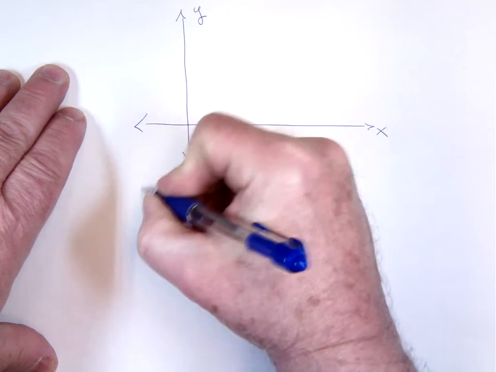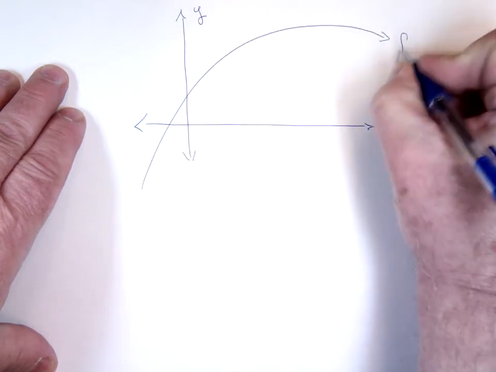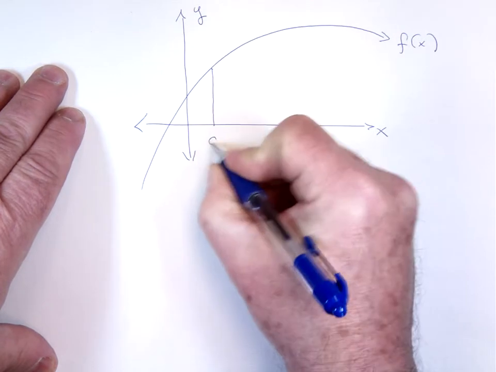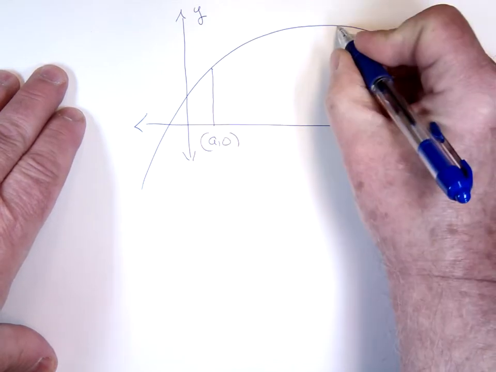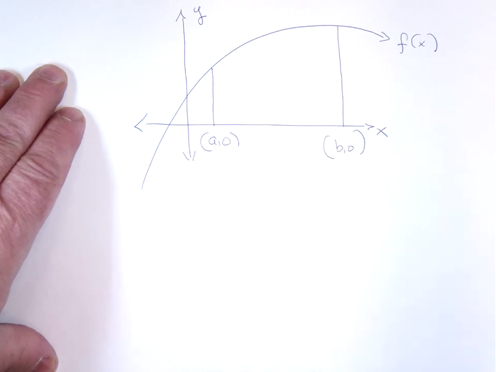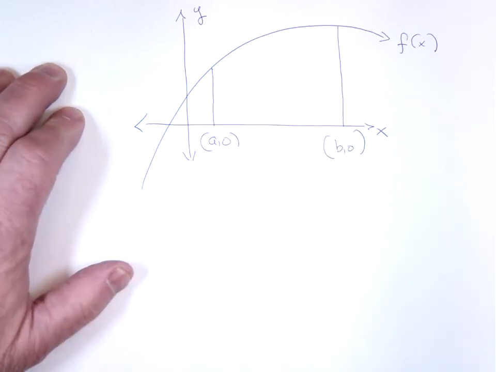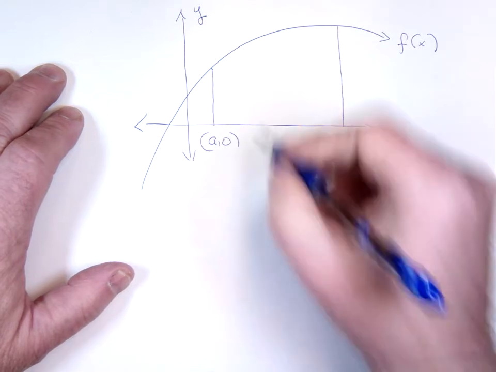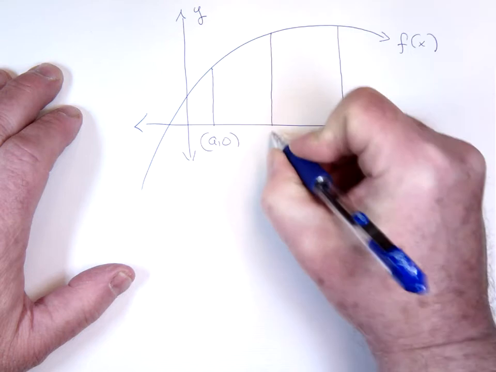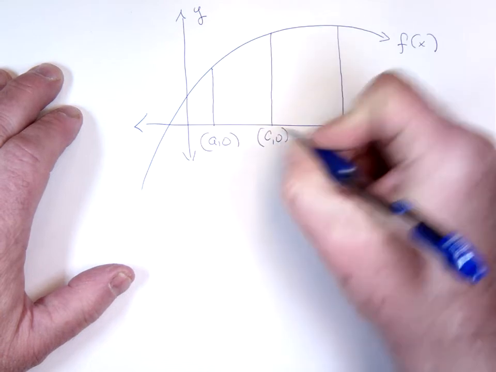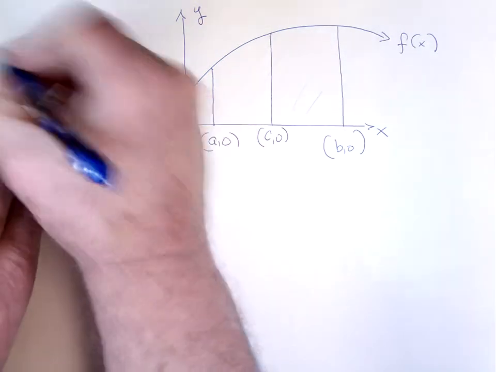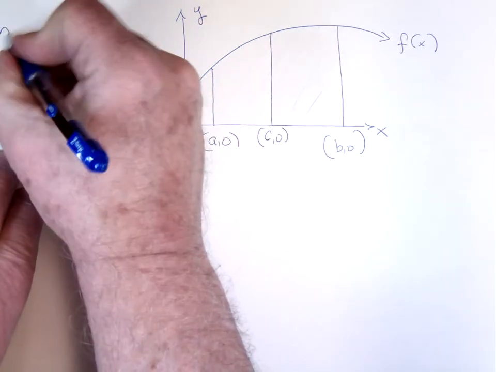Here's our function, from A to B. I'm saying somewhere in this interval, from A to B, there's a C value where the area under this curve, the area from A to B, is equal to